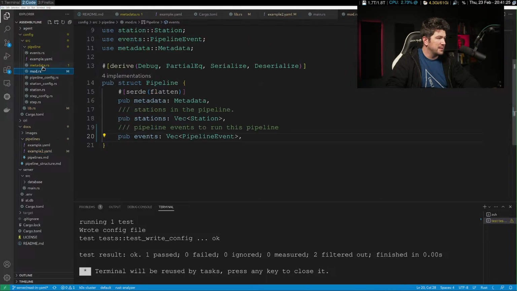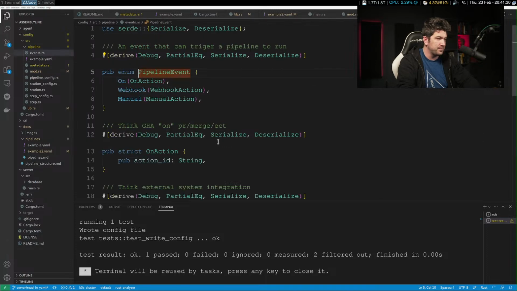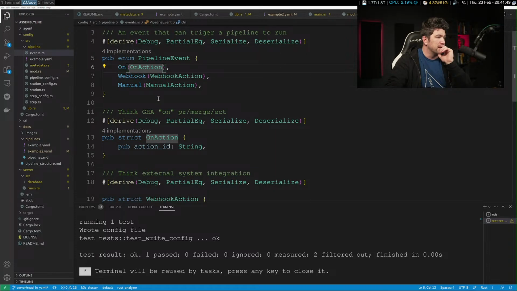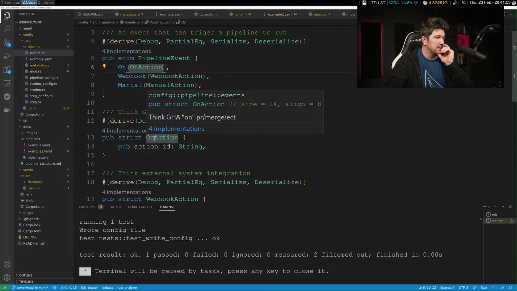And that's because here in our pipeline events, first I guess this should be on to represent correctly. Hopefully it should be a capital. Hopefully we can fix that with like a statement. The on action right here really needs to be PR.